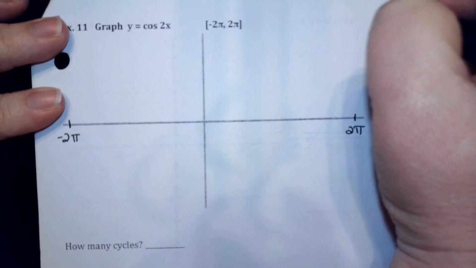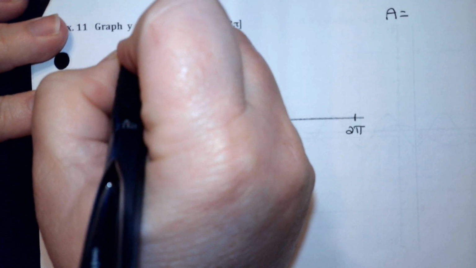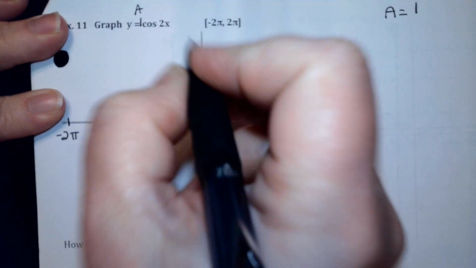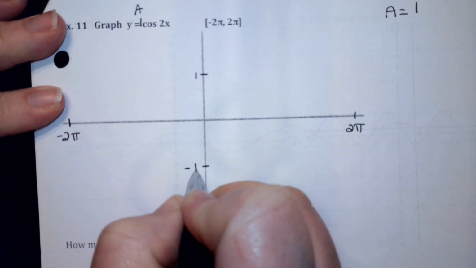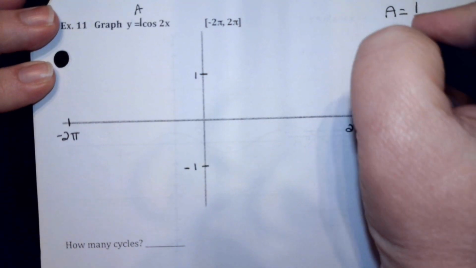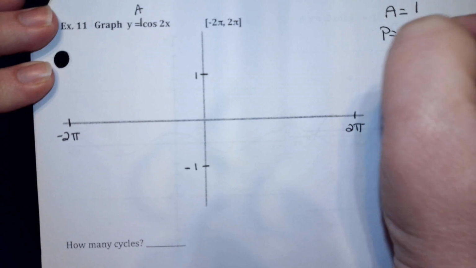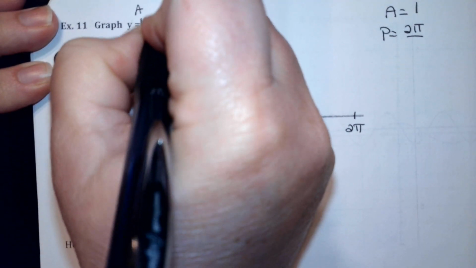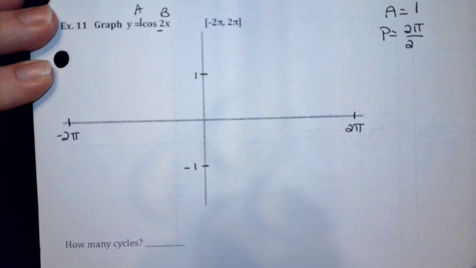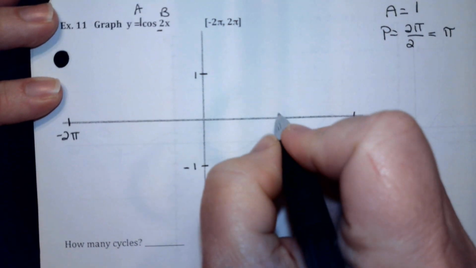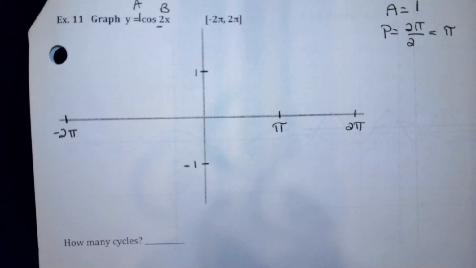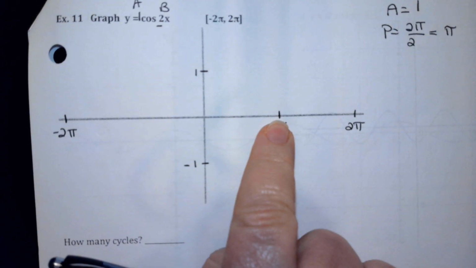All right, so looking at our amplitude. So remember, that's the number in front of the cosine, so that's an understood 1 right there, so that's the amplitude. So we know we're going to go to a positive 1 and down to a negative 1. The period is 2 pi over b. Well, our b value this time is a 2, and 2 divided by 2 gives us 1, so we end up with 1 pi. So what does this mean for us? That means by the time we hit pi, we should have a complete cycle